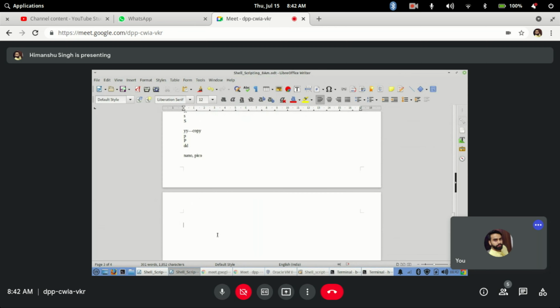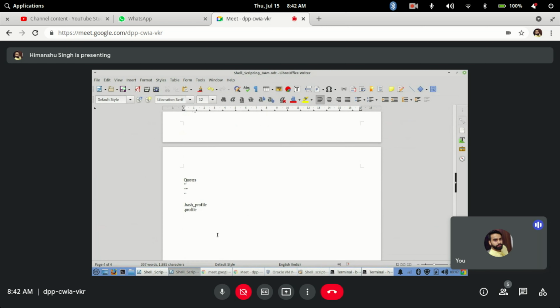What I have done, I wrote in double quotes, .bash_profile and .profile. In case .bash_profile is not there, then .profile will take the precedence, but if .bash_profile is there, it will be used first.